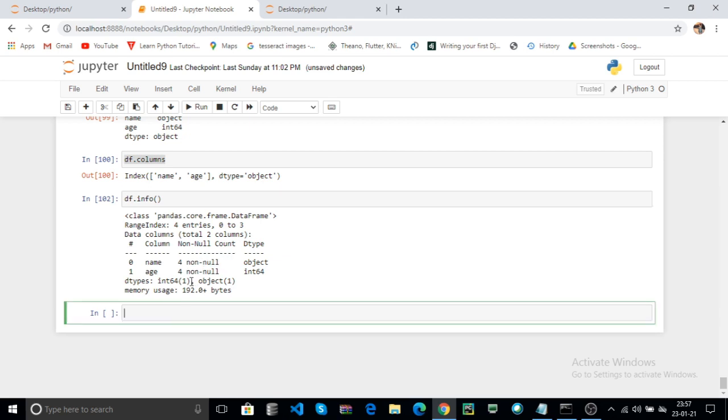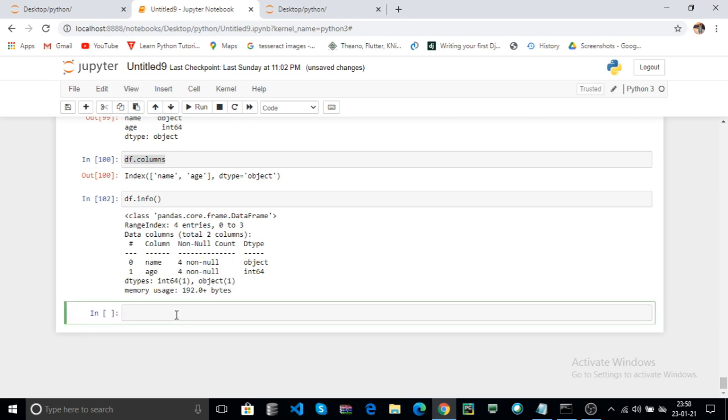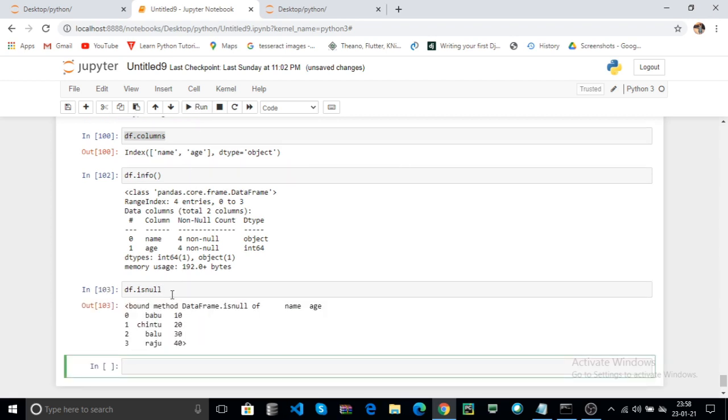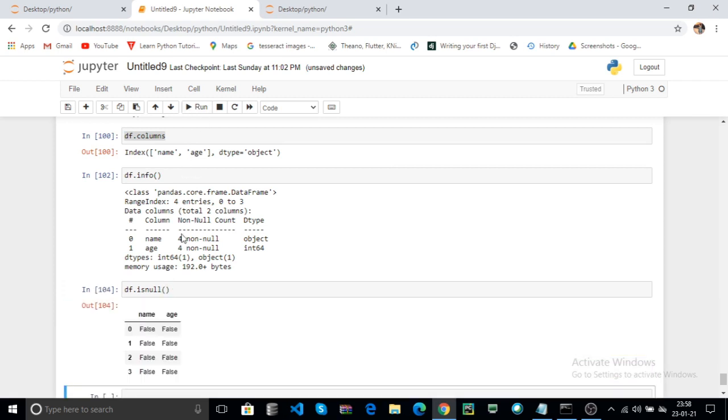Here the data types are, one is int64 and the other one is object. Here you can also use df.isnull. It returns true if there are any null values in your data frame. Here it returns false because there are no null values in your data frame.